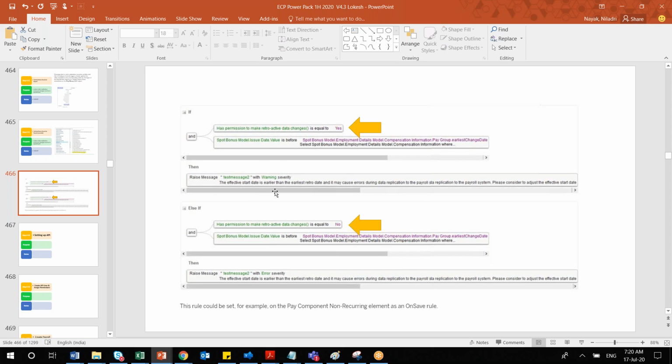If you are not giving permission at all, then it will be an error message. So you can distinguish between the warning message and error message wherever there are retroactive data changes, depending on whether you are allowing them or not. This kind of business rule you can write and handle it this way. So this is the business context and how you will be handling different scenarios of earliest retro change.